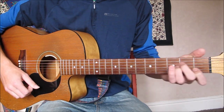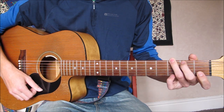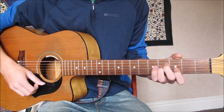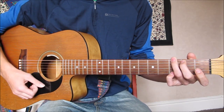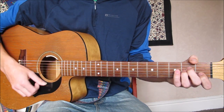Then we do up down again, but you've moved back to A minor, and then up. It's a push rhythm back to G. Sounds weird on its own, I'll play it all together. That down strum's the start of the next bar of G. So from the previous bar of A minor,